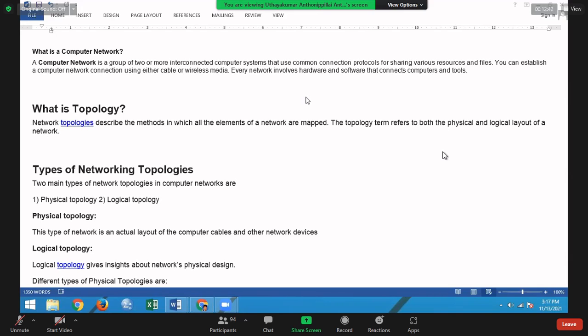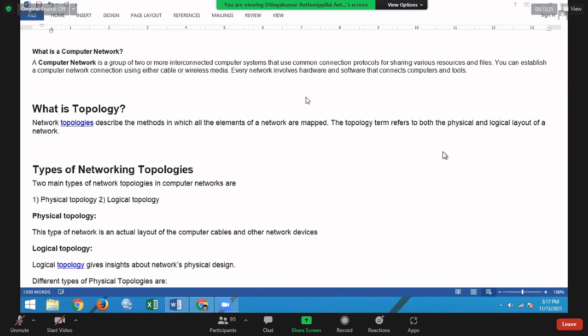The meaning is that we want to share some information between the two of us. You can see my information and I can see your information. That is the start of networking. Then two persons can share information or data between two computers. Then it's not enough. A group of three, four, five people can share information or data within the group. Likewise, globally, several groups can internally share data.